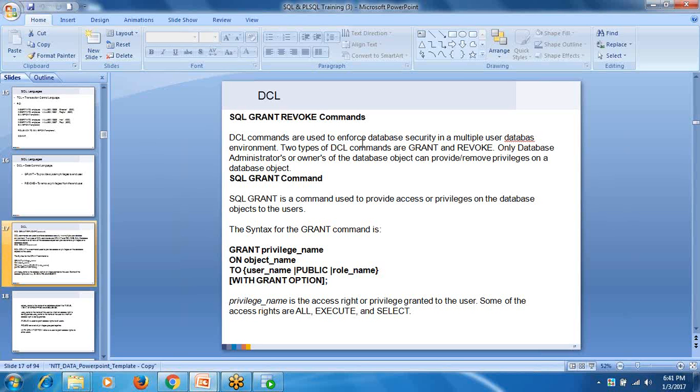There are two types of DCL commands, grant and revoke. Only database administrators or owners of the database object can provide or remove privileges on a database object. The SQL grant command is used to provide access to the database objects to the users. The syntax for the grant command is like this: grant privilege name on object name to user or public or role name